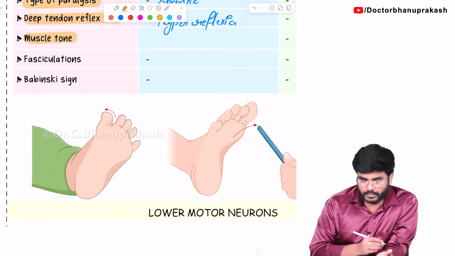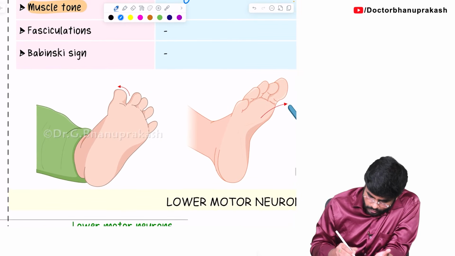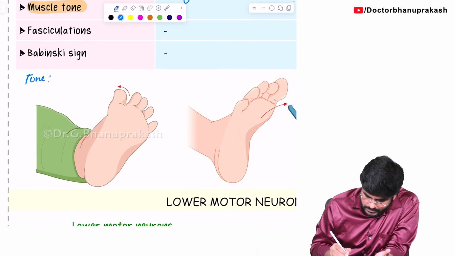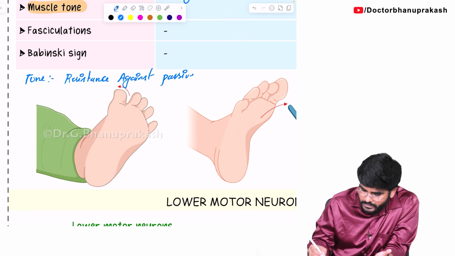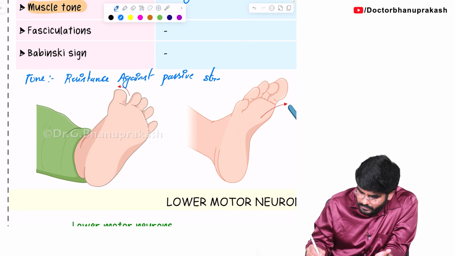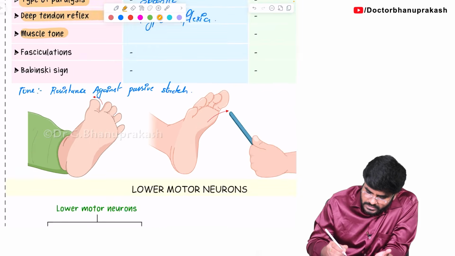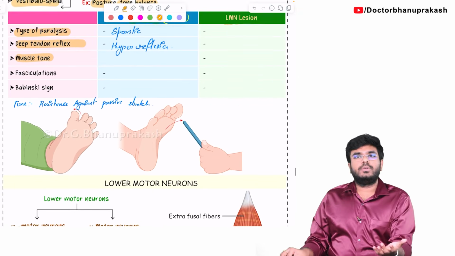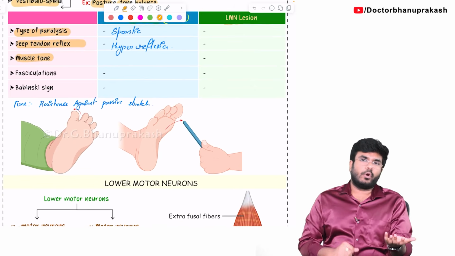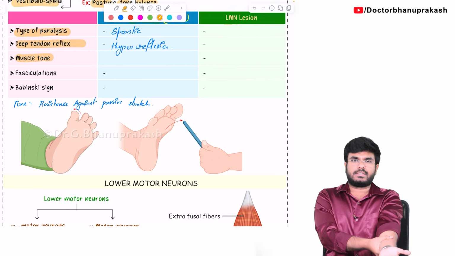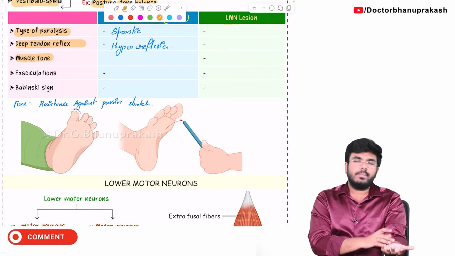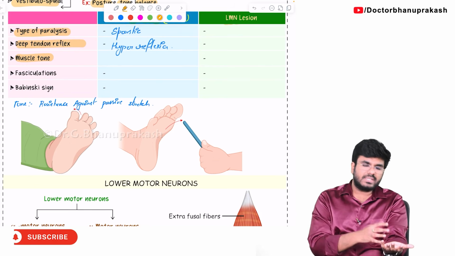And what about the muscle tone? First of all, you have to know the meaning of the word tone. Tone means resistance against passive stretch. Resistance against passive stretch is called tone. Whenever you come and try to stretch my muscles, while I am not doing anything voluntarily, you are extending like this, or flexing like this, my muscles are going to offer some degree of resistance,